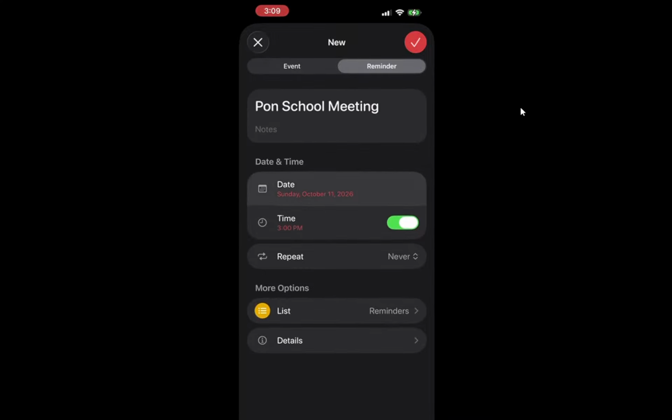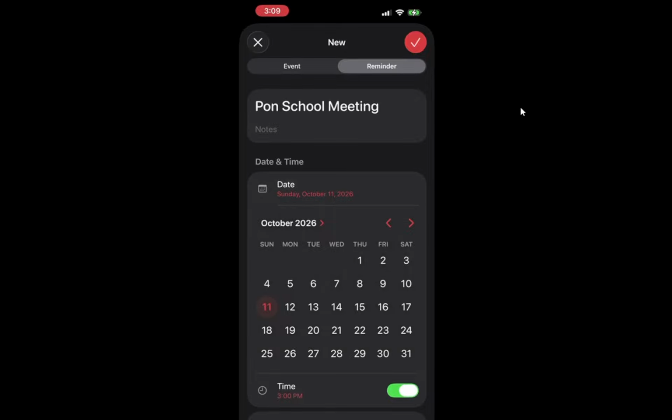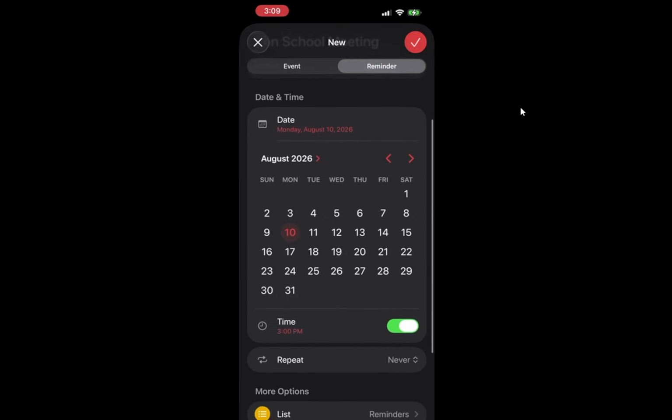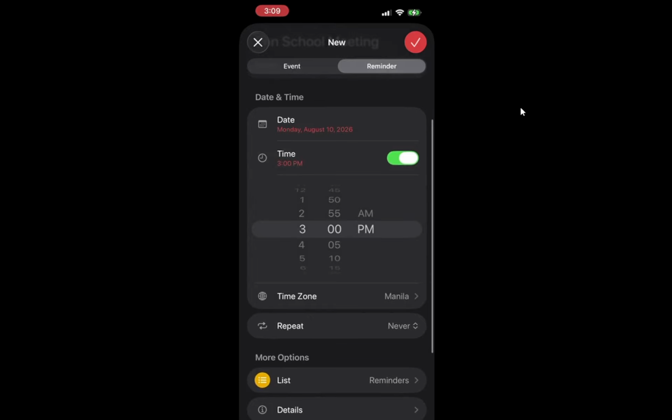Next, select the date for your reminder. This is a critical step because it tells the Calendar app when you want to be reminded of this task. You can easily scroll through the calendar to find the right date. If you need the reminder to be on a specific day, make sure you double-check that it's set correctly. This helps you avoid any confusion later on. After selecting the date, you are almost ready to finalize your reminder.